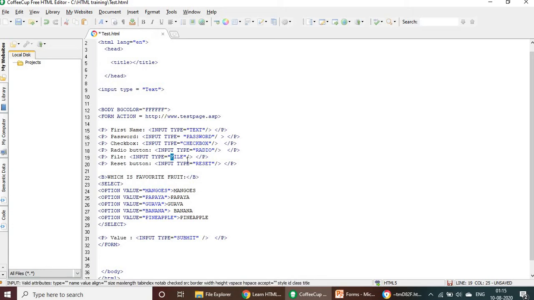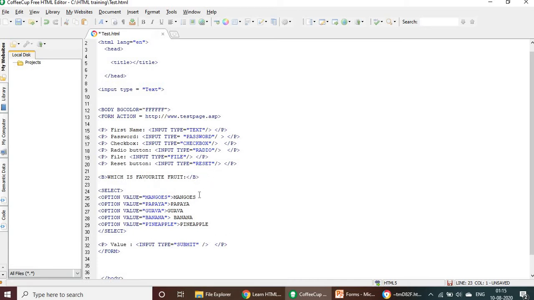For the file, in order to open the file open dialog box, you need to use input type is equal to file. And for the reset button, if you mention the word reset, it will be considered as you want to clear all the contents within the form. Either it can be checkbox, radio button, or anything, it will delete it.